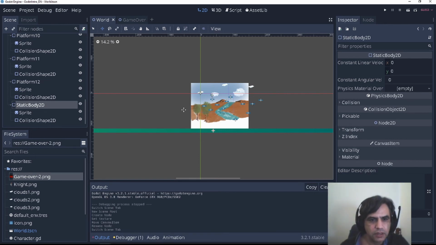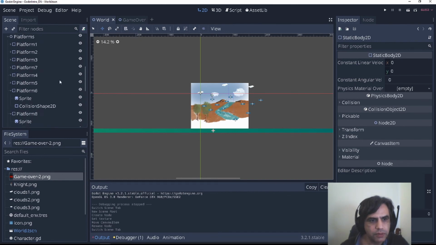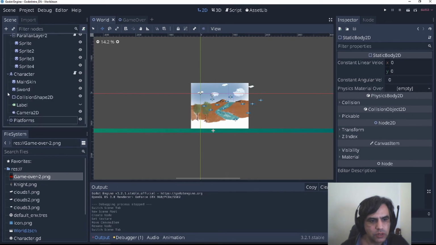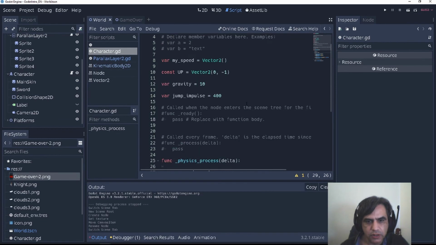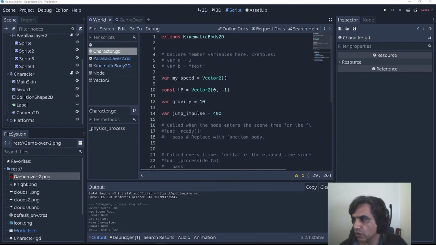So if the player, I did this in platforms, it's okay. So I need always to check this because I don't remember how to do this. Go dot change scene, auto load scene, blah blah blah. Get tree. No, it's not that. It's this.